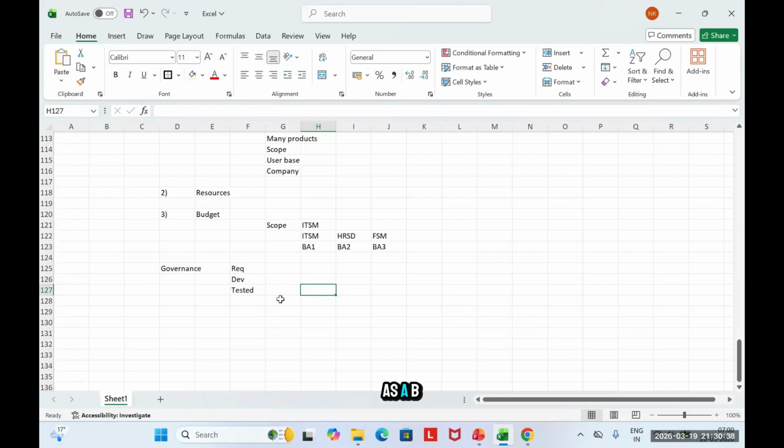As a BA, I have to map whatever I'm creating to the objectives, to the actual vision of the product or what the client is looking forward to. But once my product is ready, I want to showcase it to the team. That team is known as the governance team. Once I'm showcasing it to them, they will be checking whether it is up to the mark, or they might have some questions or feedback. So there I will be validating with them.